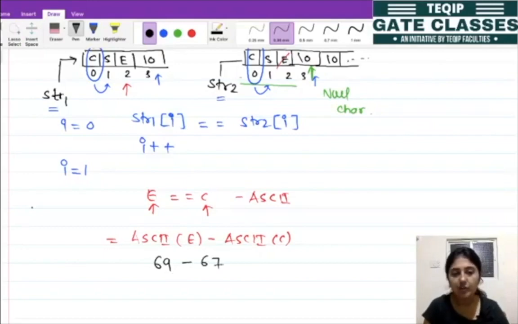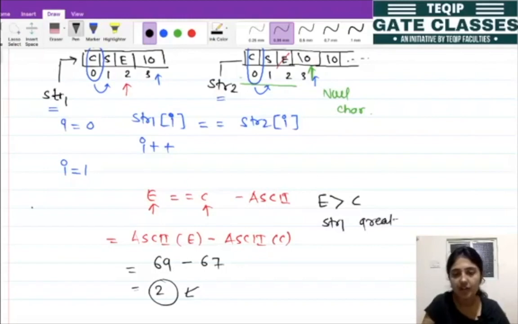So whatever the difference is, that is 2, is returned by the function. Here we can do one thing. Instead of taking this difference, we can check whether this E is greater than C, then we can say that str1 is greater.